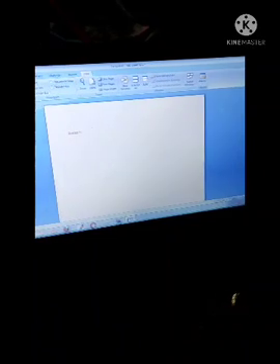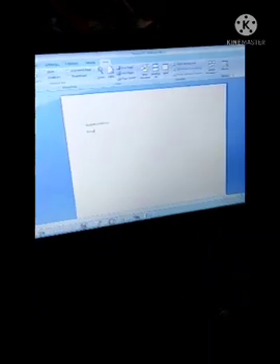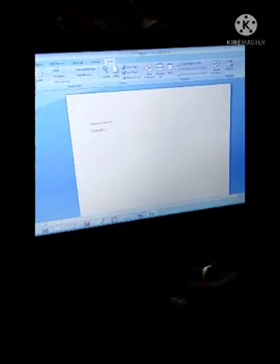First of all, we write something in a blank document in Microsoft Word. We write Gyanam Academy Bishwanath Chariali.